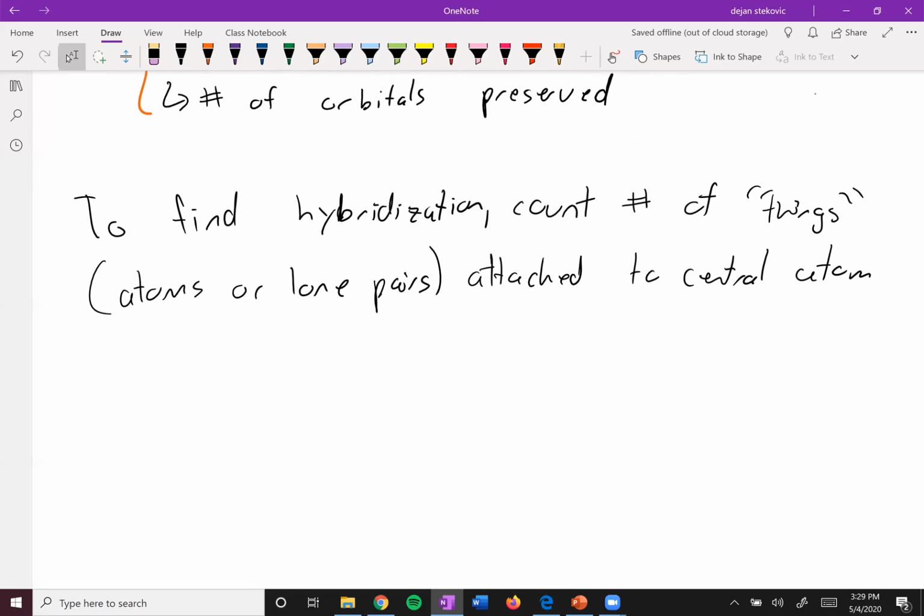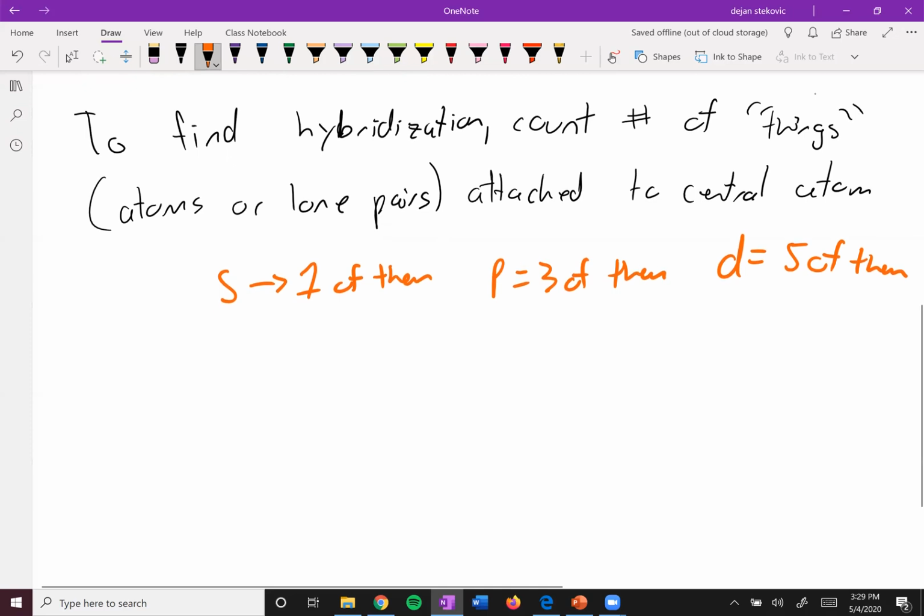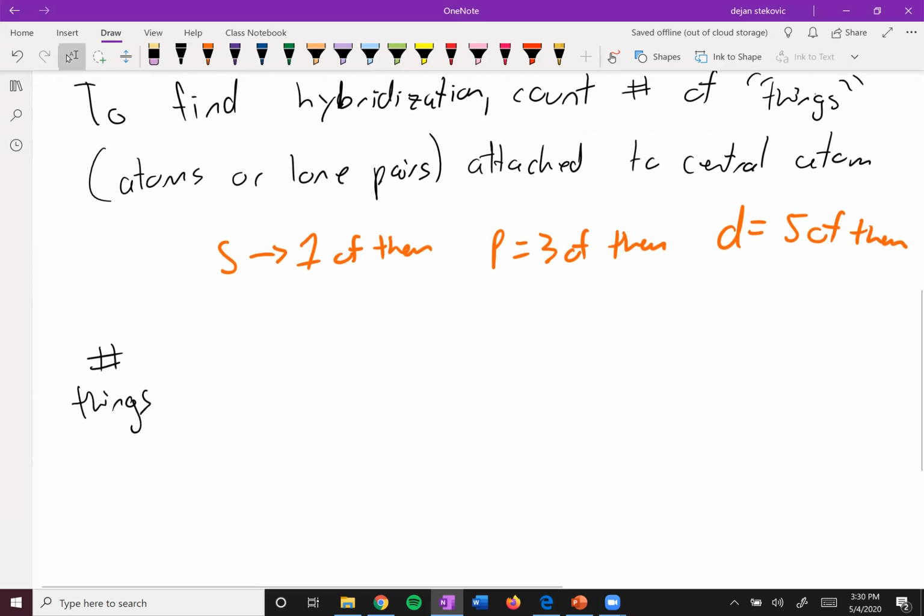And so if we think about what orbitals we have to mix and match, we have an s orbital and we only have one of them per n, right? Next up is p. You think there's 3 p orbitals, so there's 3 of these. And then d, there's 5 of them. And we won't go into f orbitals. So all you have to do is count the number of things